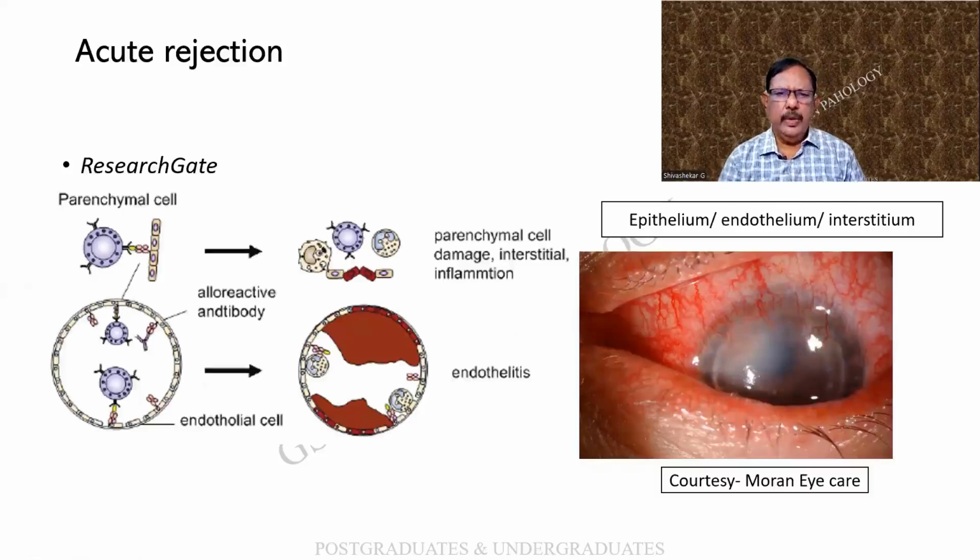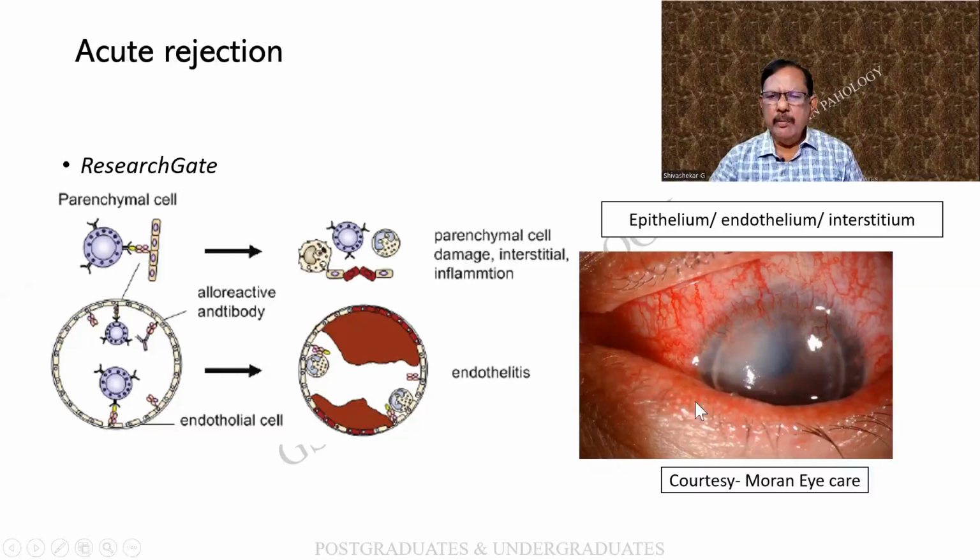Next comes the acute rejection. In acute rejection, you find that there is again the vessel wall over here, and then there is the antigen. But here what happens is there is the parenchymal cell, and then there is the antigen, antibody, etc. As a result of which you find that there is a damage to the parenchymal cell as well as the interstitium. Look at these monocytes, neutrophils, etc. coming into the scene, causing a break in the endothelium. And then there is a thrombus that is getting formed as well as the activation of the complement system. This is so far so good.